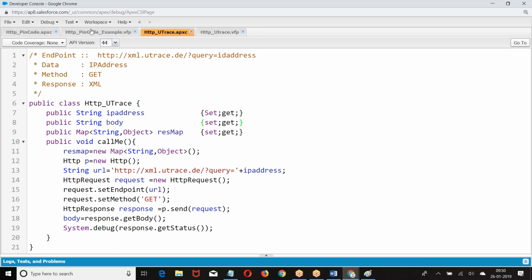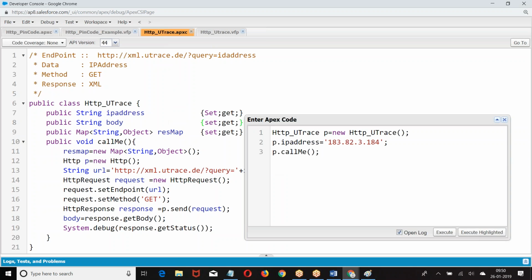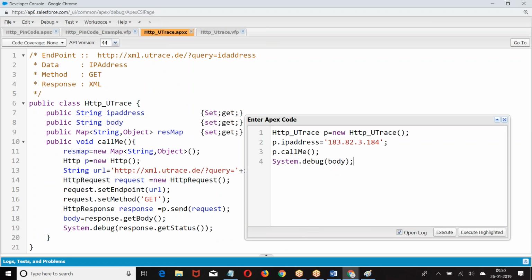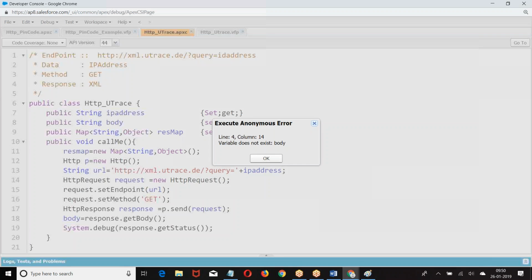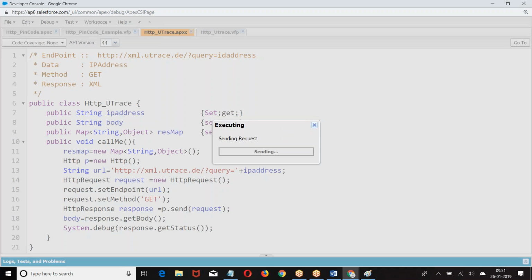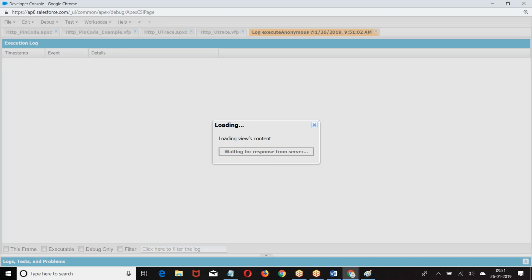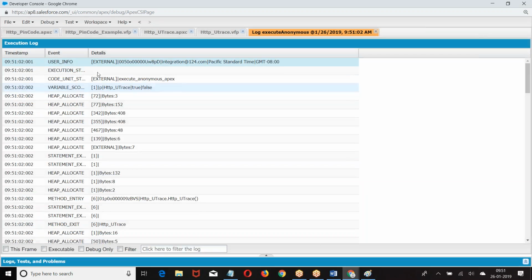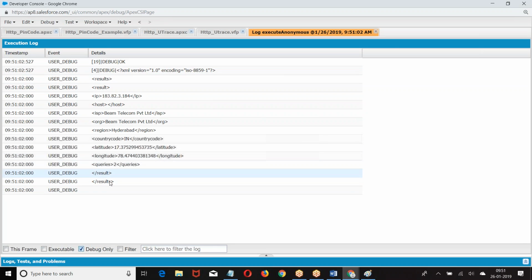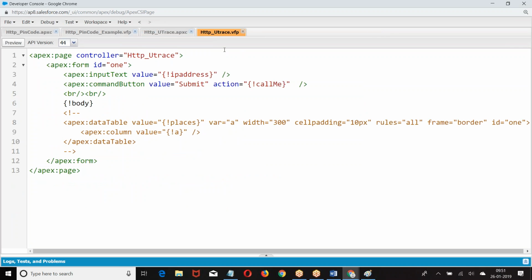Let me print the body also here. We are receiving the body, right? There is no mistake from here. Mistake from somewhere.